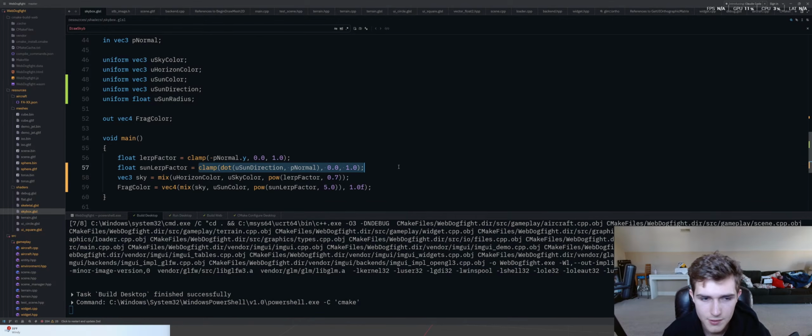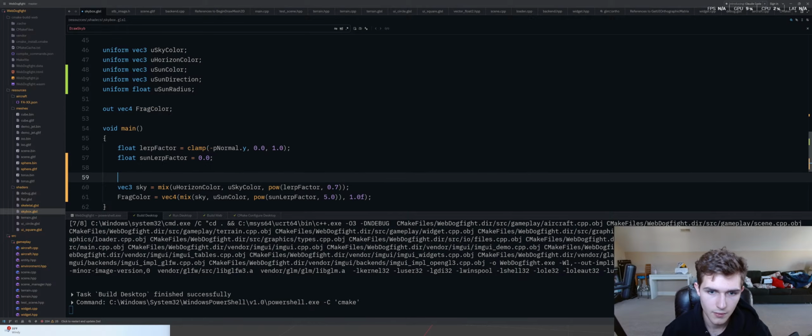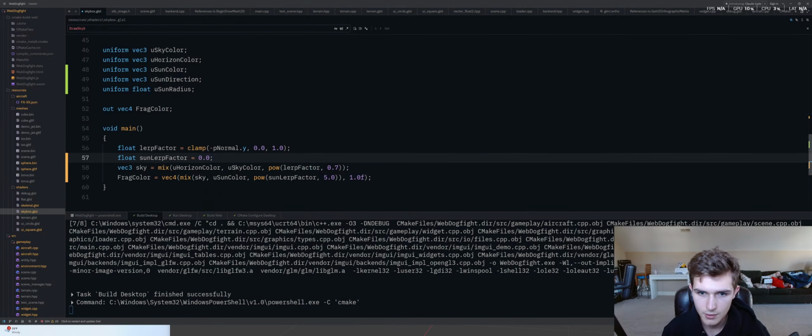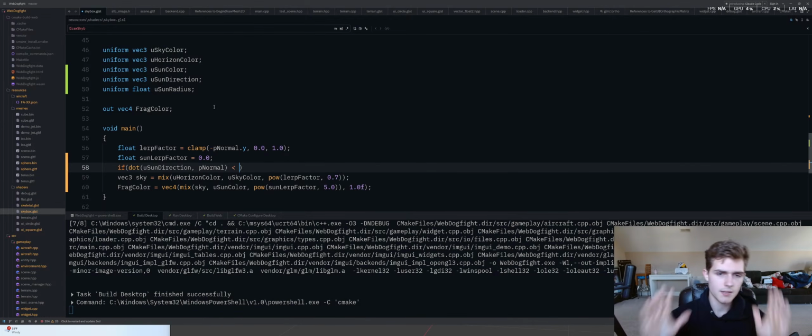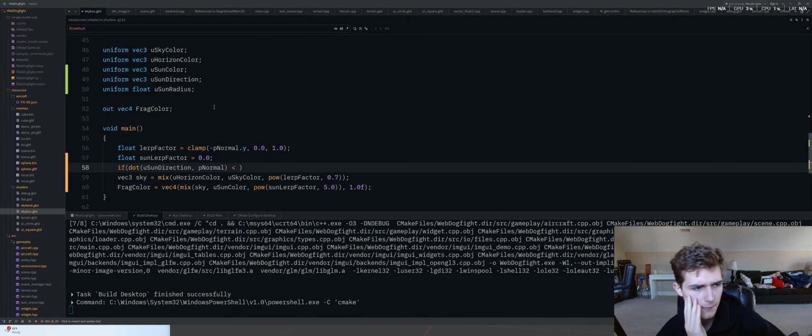The lerp factor, is there inline if? There isn't. I know there isn't. If the dot product between, we'll first just get this, actually. We don't take that. We'll take this, 0.0. If this is greater than, well, is less than, it should be, if the sun radius is that, then